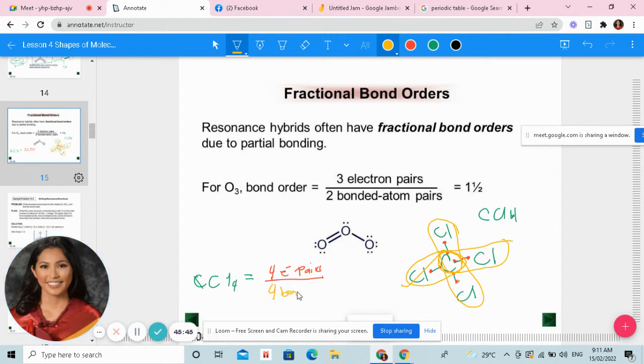Four bonded atoms. So if we have four over four,